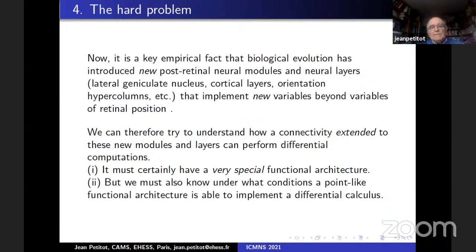And so we can try to understand how a neural connectivity extended to these new modules and new layers can perform differential computations. Of course, it must certainly have a very, very special functional architecture. But we must also know at the mathematical level under what conditions a point-like functional architecture is able to implement